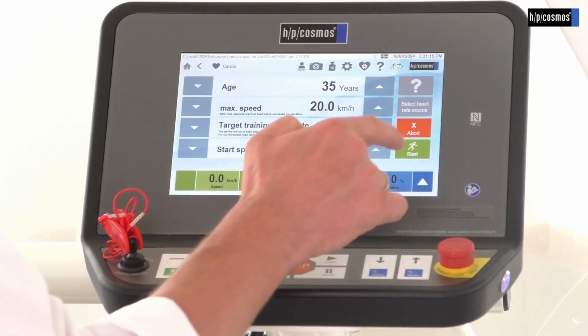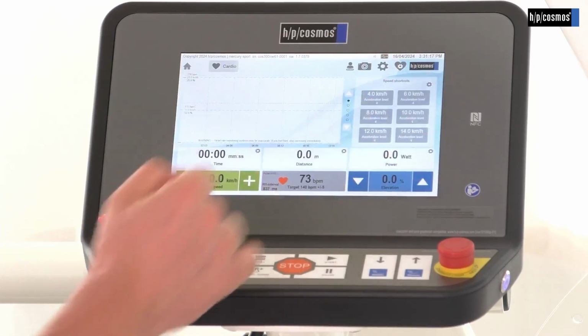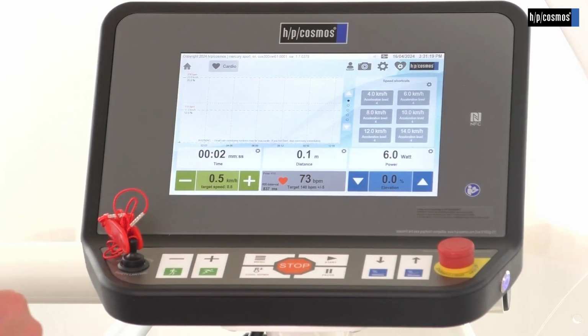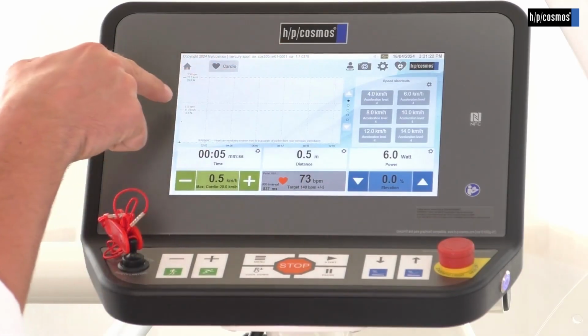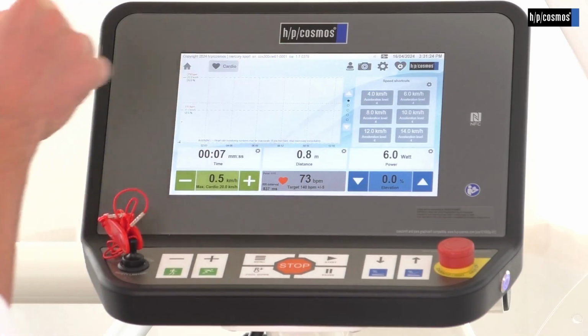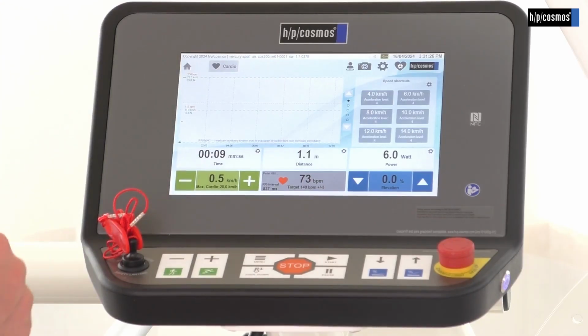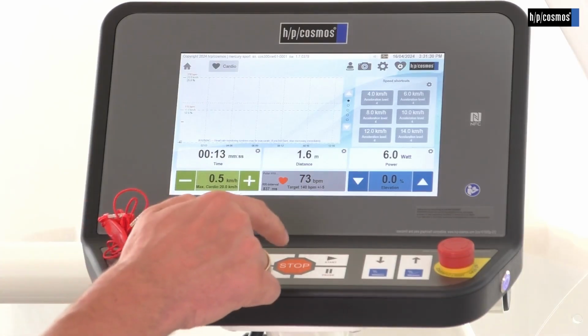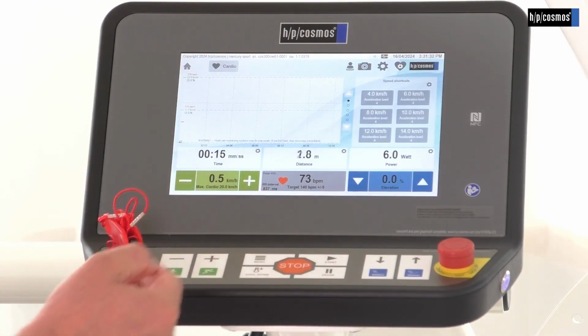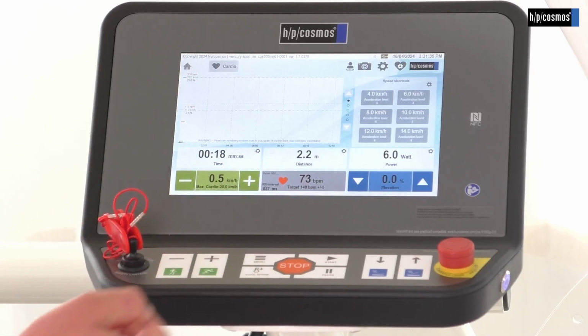Simply to start, just click on the start button and it will go into the training mode. In addition, you will see here the red dashed line which represents the target heart rate zone. After a few seconds, the treadmill will get faster to get your heart rate up,